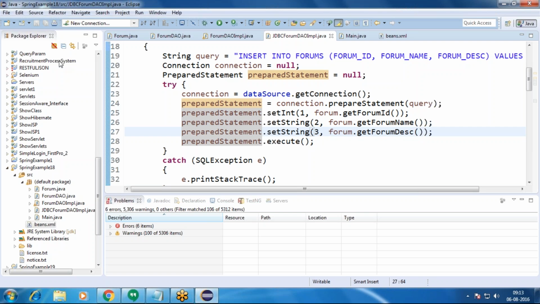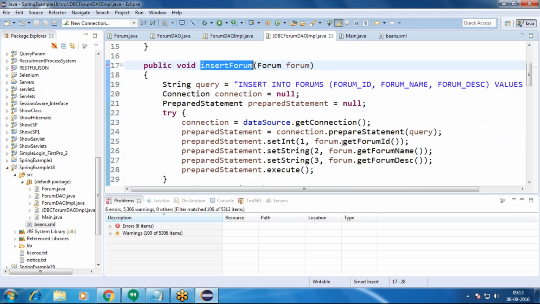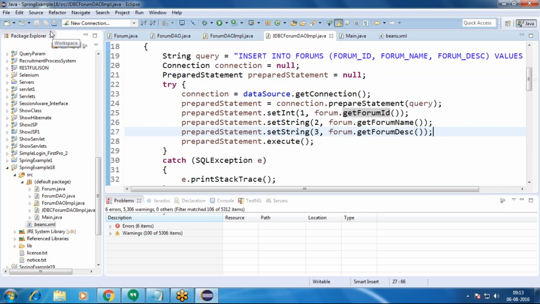From which object are we getting the values? From the Forum object, which we passed to the insertForum method. We get the values with getter methods: getForumId, getForumName, and getForumDescription. Is it clear now?